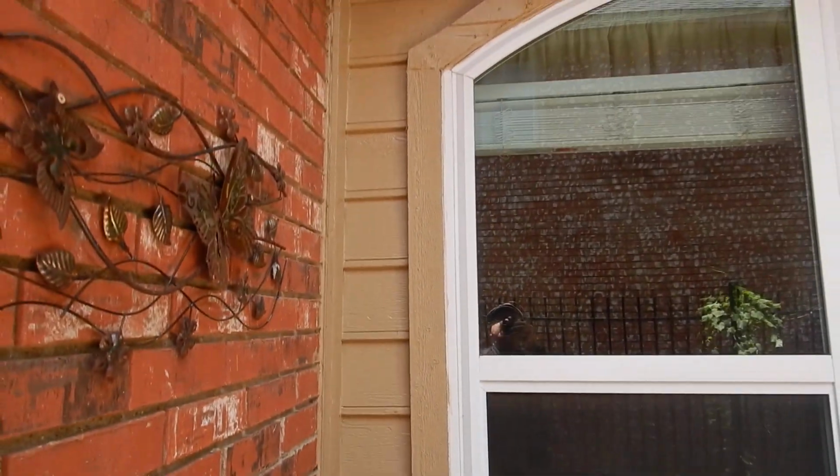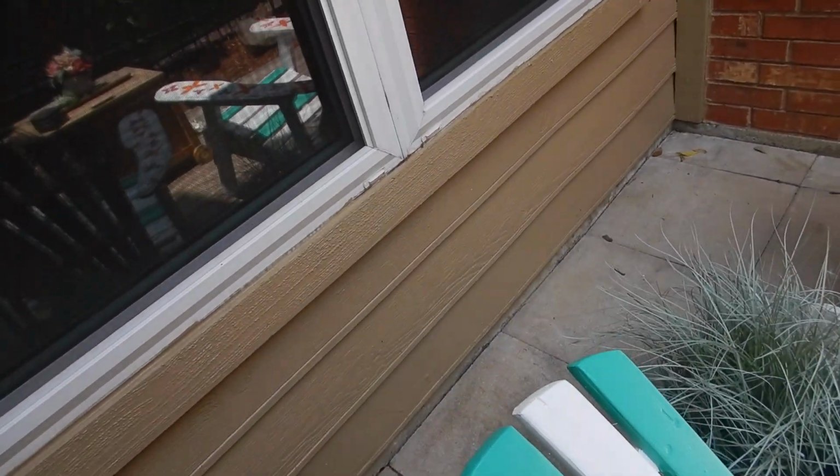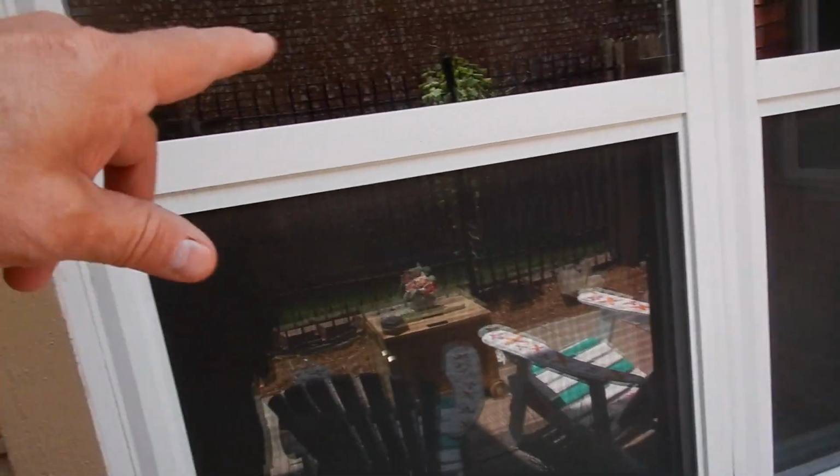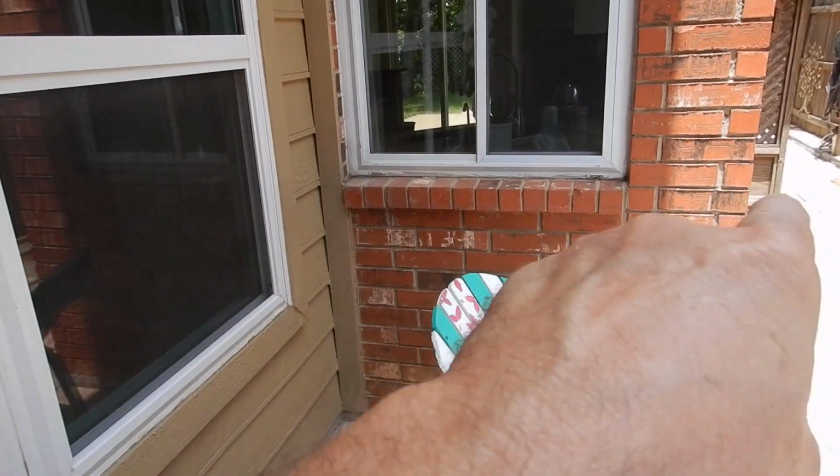We got wooden siding, but mostly we got brick, we got vinyl frame, double pane windows. Alright, it looks to me these at least are single sash. The others might be different. We got a sliding sash over here,